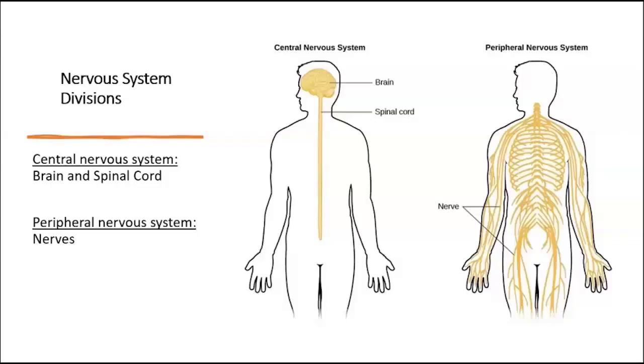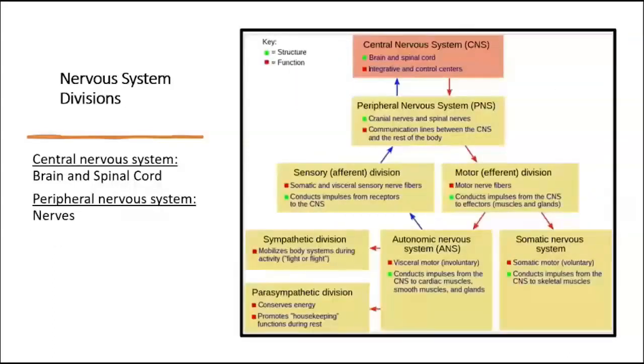Nervous system. The nerves are going to give you the peripheral nervous system. The brain and spinal cord, that's going to be the central nervous system. If we scroll down, you have this division in boxes: central nervous system, brain and spinal cord, peripheral nervous system,